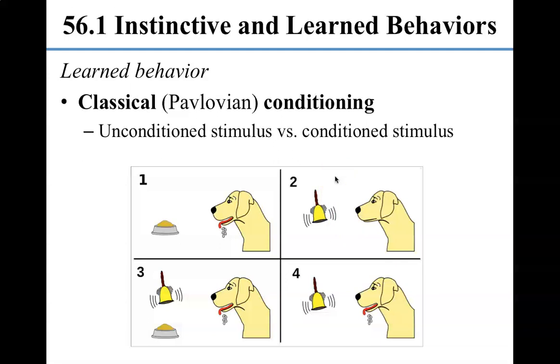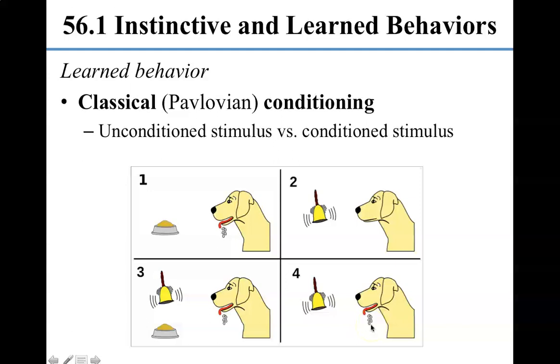And so over time, the dogs started to associate the ringing of a bell with food. And eventually he could just ring a bell and not bring them food, and they would salivate. So basically he would take a stimulus and he would condition it. He would say, look, normally you wouldn't respond to a bell ringing, but I can train you to respond to a bell ringing so that every time you hear a bell ringing, you salivate.